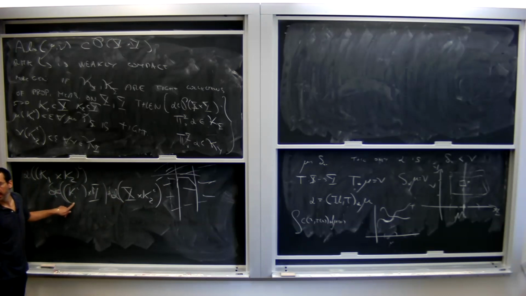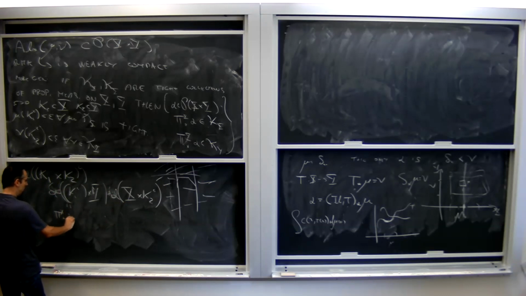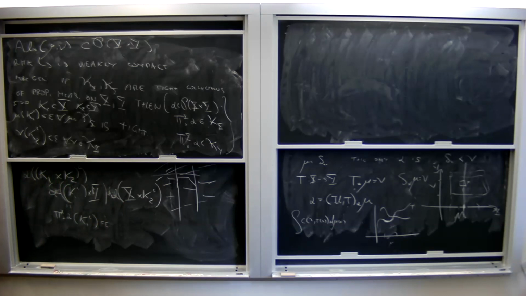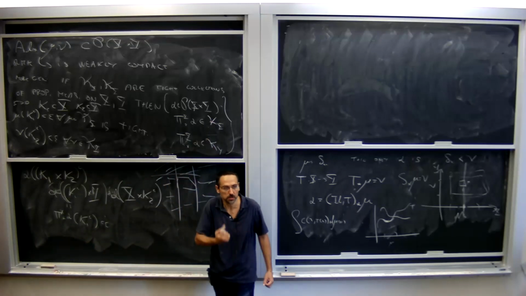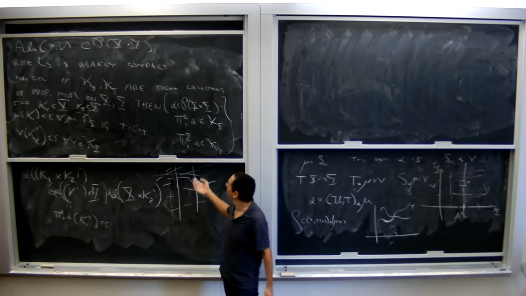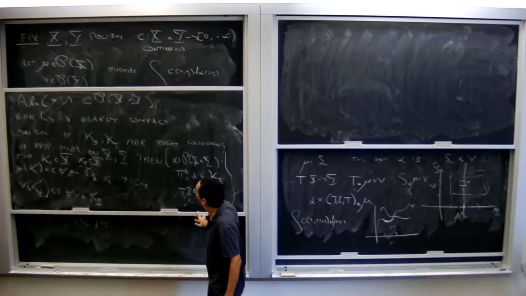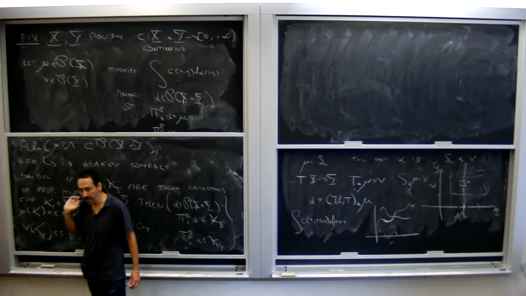Alpha of this guy, by definition, is pi x push forward alpha of the complement of k1, right? Which is smaller than epsilon, and the same over there. So tightness is right. So in particular, if I just pick kx and ky made by just one probability measure, that is certainly tight, and therefore I've just proved that this set is tight.